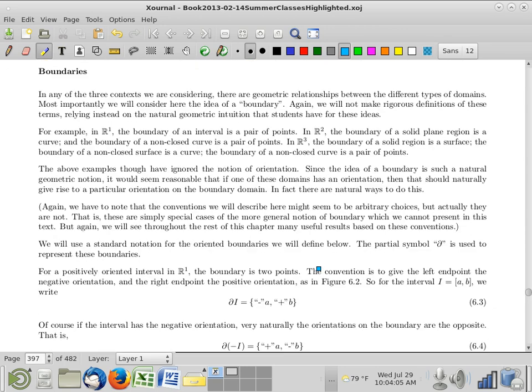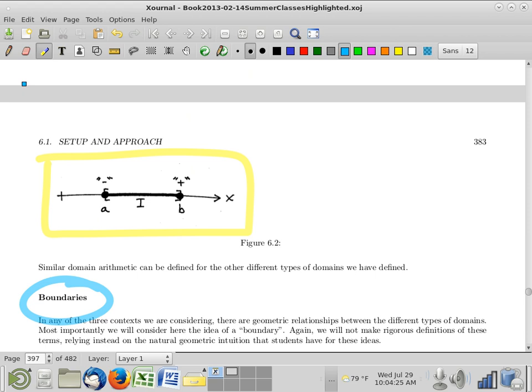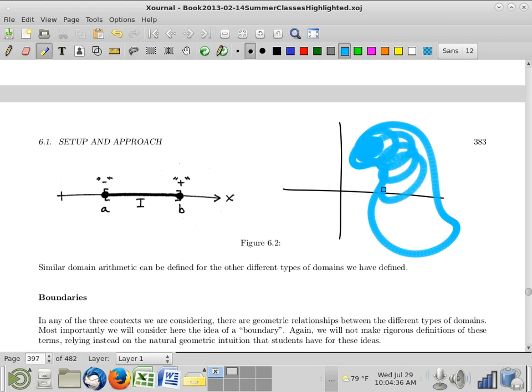Okay. So now there are some conventions that we have to choose. I have to talk about what the word boundary means. We kind of already know what a boundary is, right? I mean, if I give you a two-dimensional region, I can talk about the boundary curve of that region. Here's the awkwardness that we find ourselves in, though. Let me draw a picture here. If I take this two-dimensional region, and if I ask what's the boundary of this two-dimensional region,